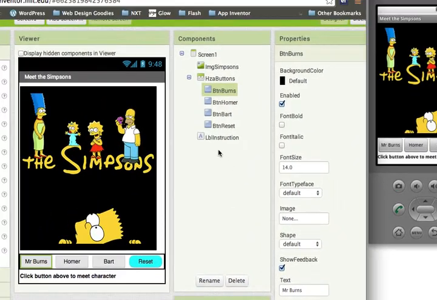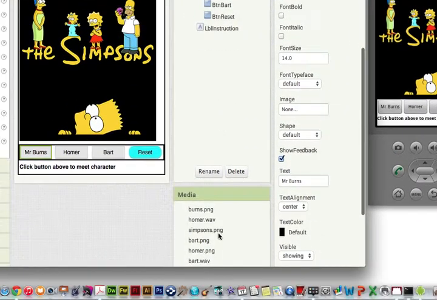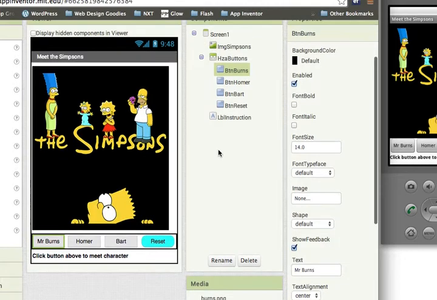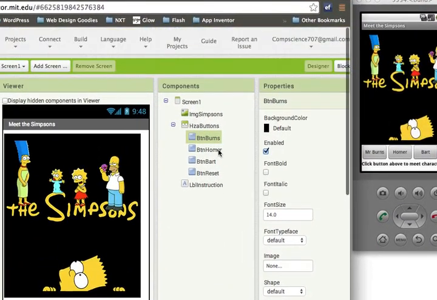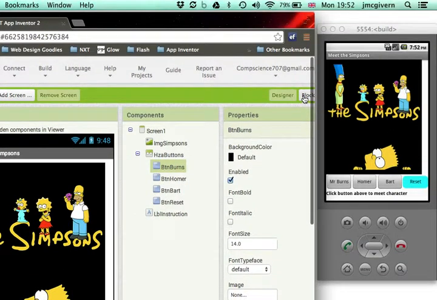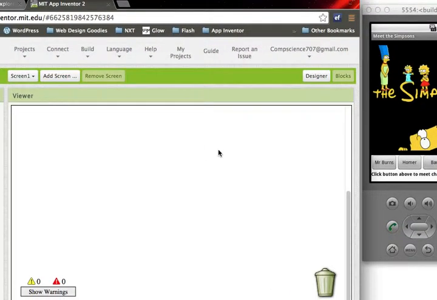All our objects are in place on the screen, and the media elements. Time to write our code now, which is going to make our program work. Okay, so to create the code, we go up to choose the blocks option, and let's think what we want